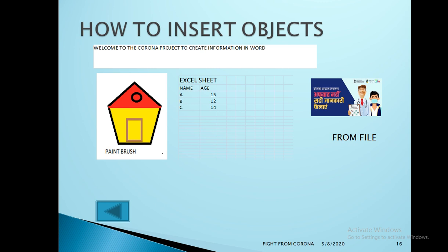And then the objects which I have to insert are a paintbrush, Excel, pictures and Word.